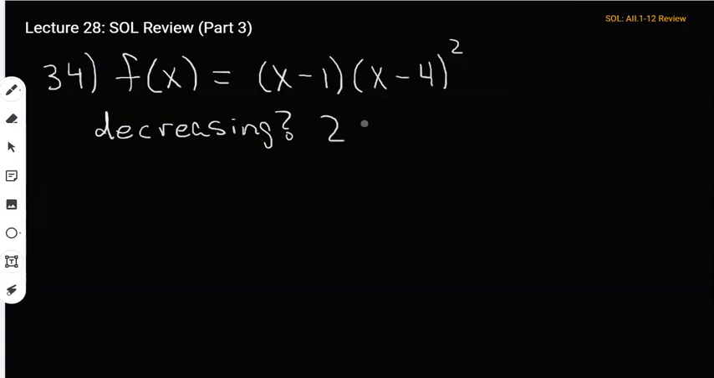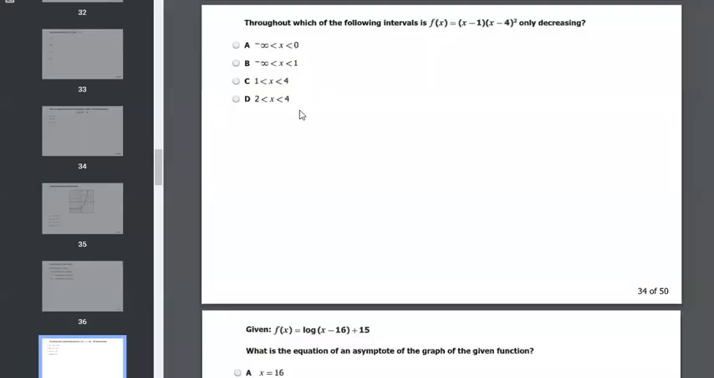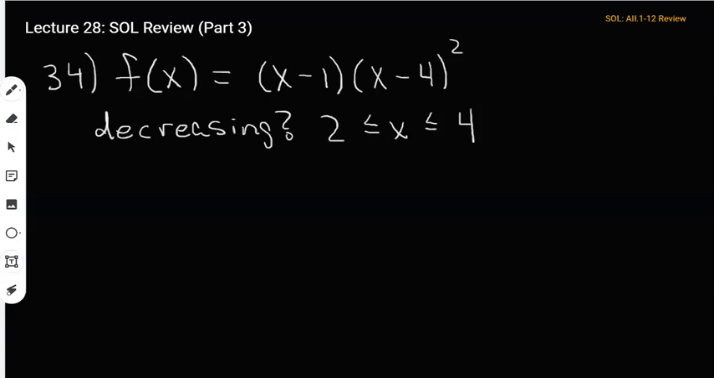So I can say when x is between 2 and 4, like that, the function is going down. It's decreasing, right? So is there an answer choice for this? Yep, it's going to be D. X is between 2 and 4. So you can write it this way with a little line underneath. This means less than or equal to. Or you can write it like this. You can write it as